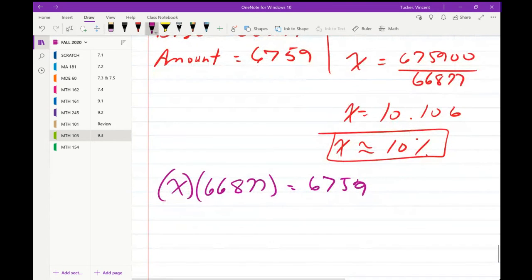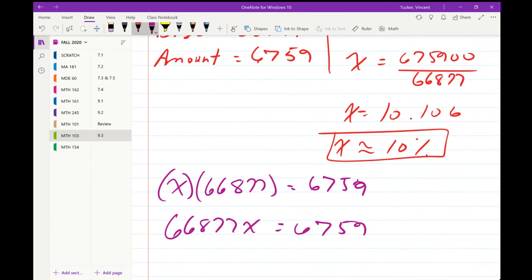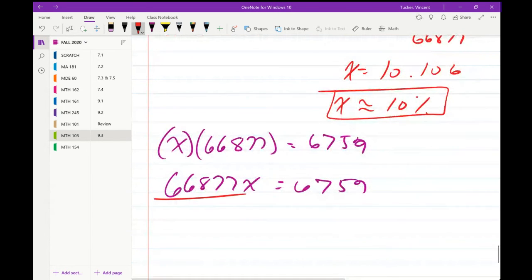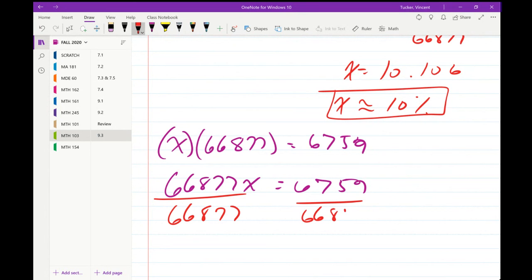So to solve this, I would divide both sides by 66,877. So they cancel on the left, leaving me with just x. Then on the right,